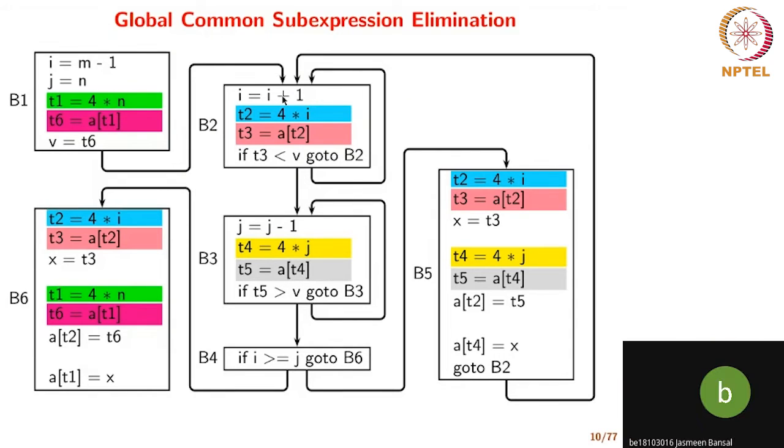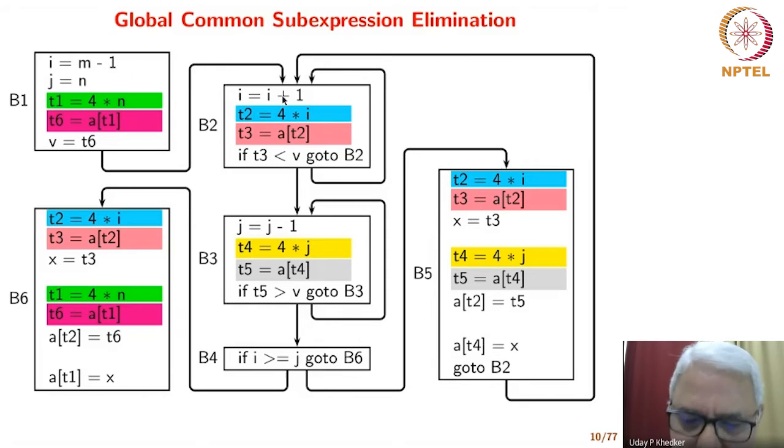But still, the B2 statement is executed first, and then the B5 statement would be executed. So if there is a change in I, it will be reflected in B2. The point is that 4 star I is recomputed after, even if I is modified. Okay. So the interesting thing is, when we talk about I, the value of I not changing between these two